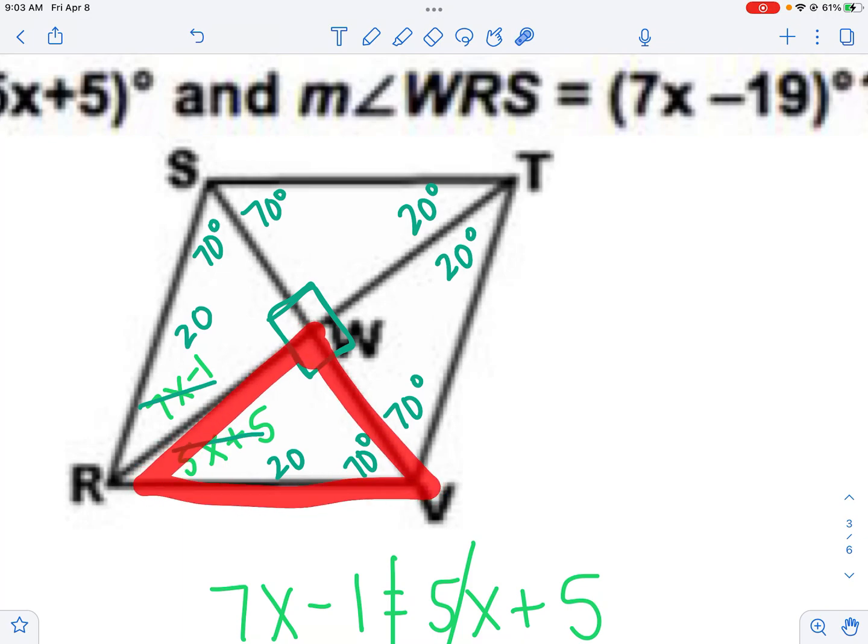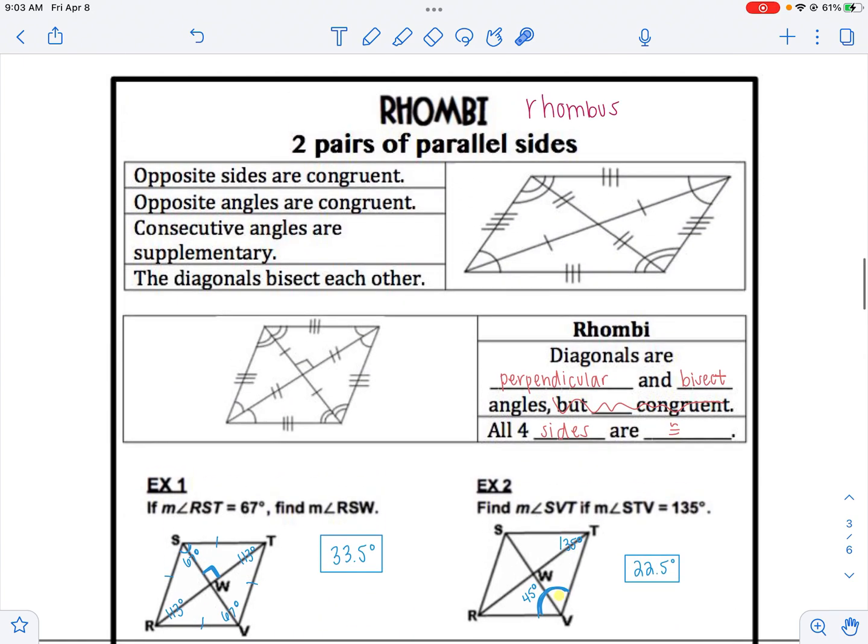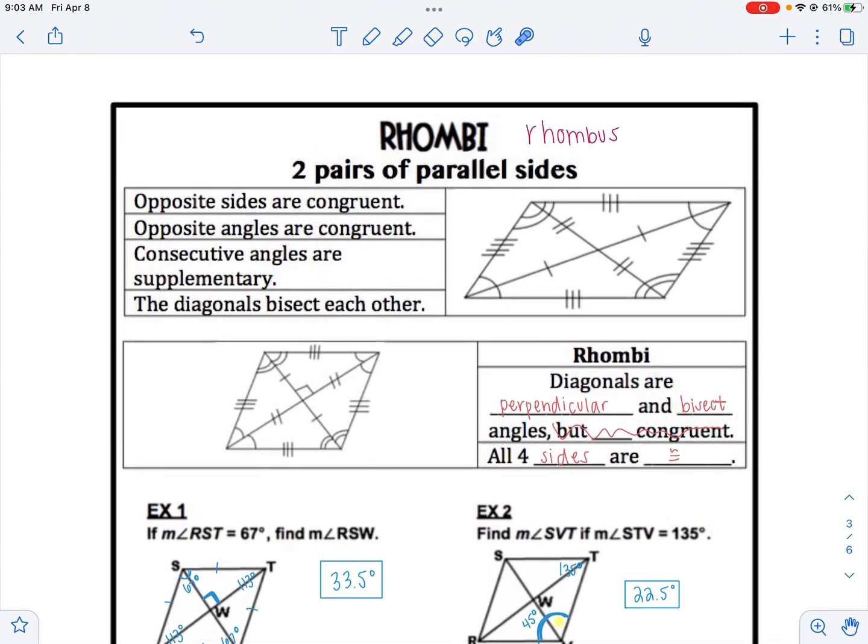And remember, a triangle adds up to 180, so I could use that trick as well. And that's it for a rhombus, or rhombi for plural. We'll pick up with